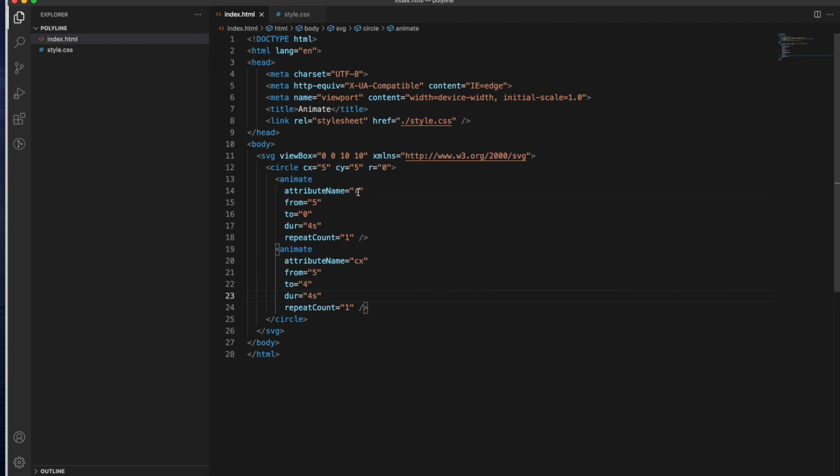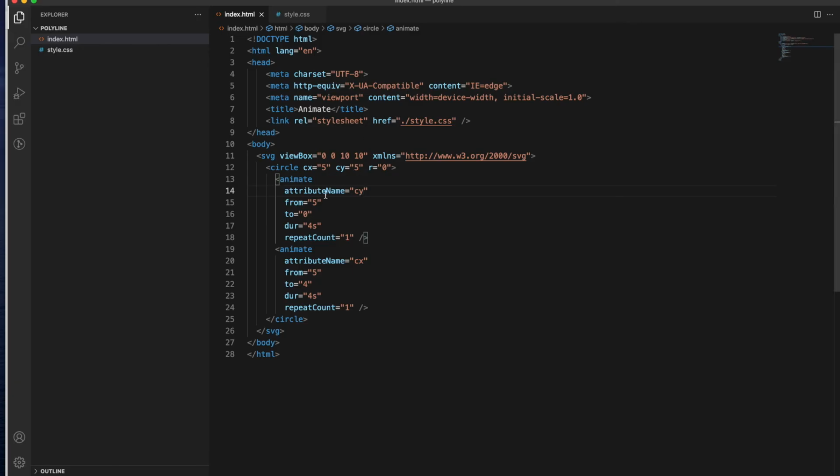Let's make the changes on cx and cy so we'll be able to see the change. The radius is 0, right? So let me refresh. We are saying animation on cy from 5 to 0 in 4 seconds, repeat count 1, and the same goes for cx.